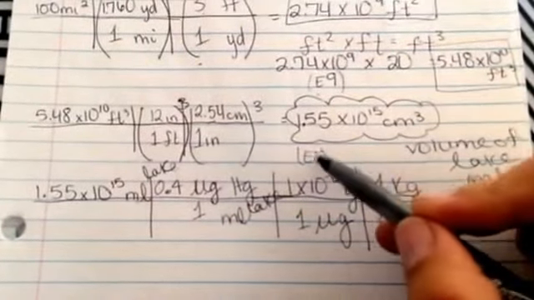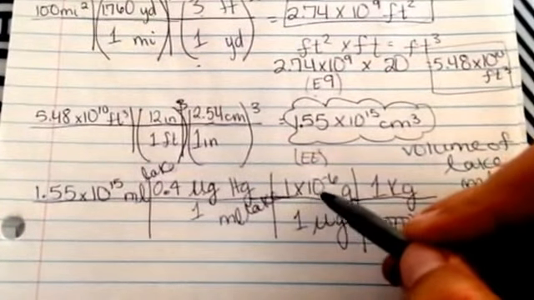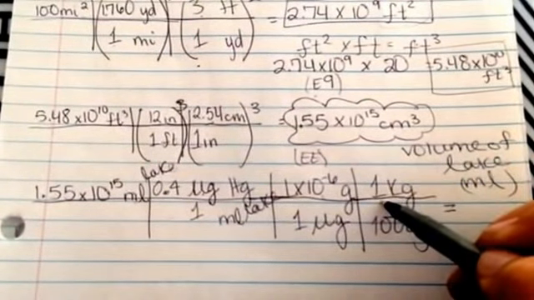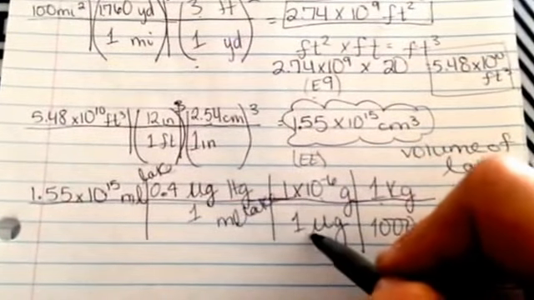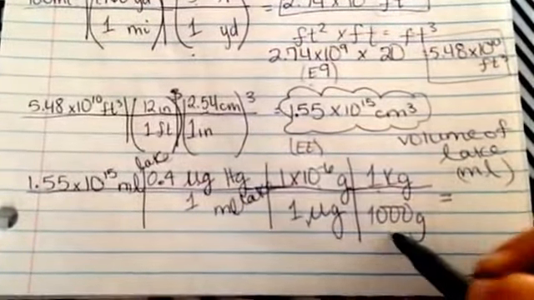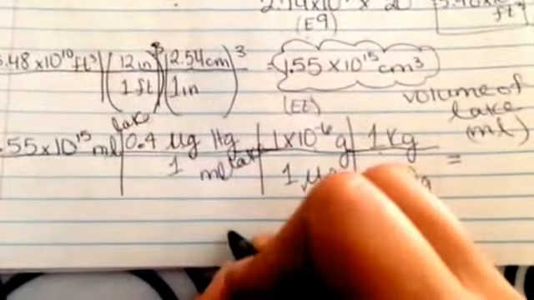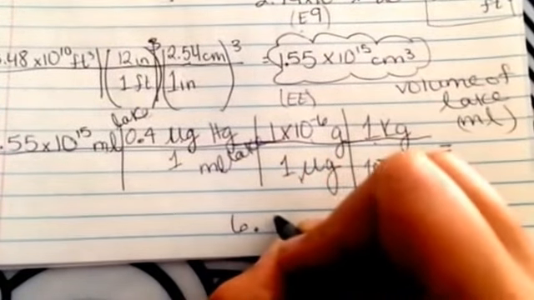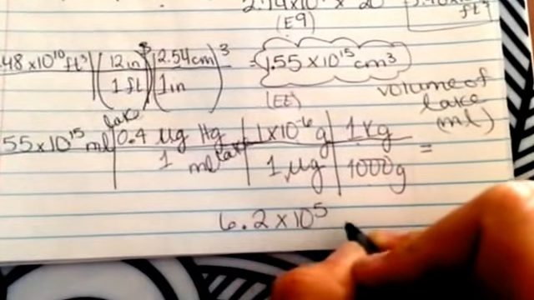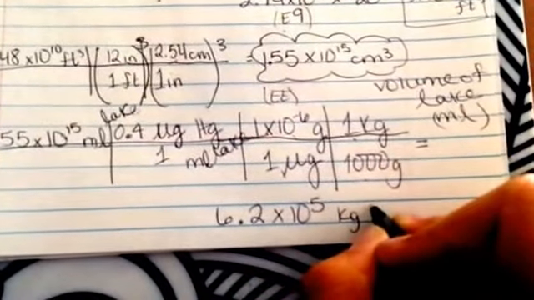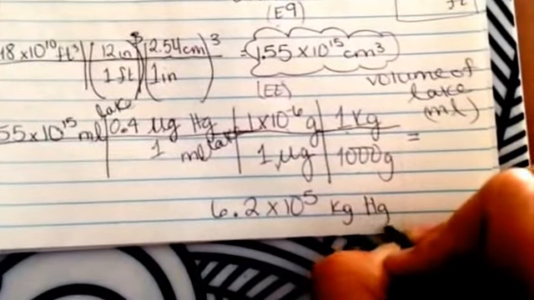Okay, so take a look for that button on your calculator. That times 1, push equals, then say divided by 1, divided by 1,000. And you should be coming to an answer of approximately 6.2 times 10 to the 5th kilograms of mercury per